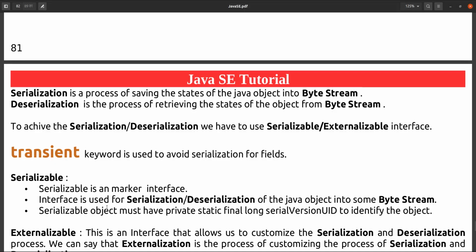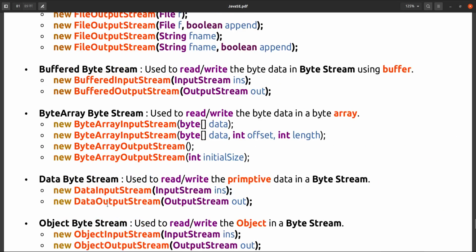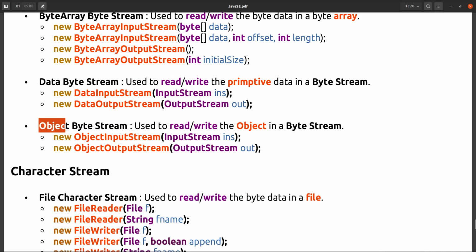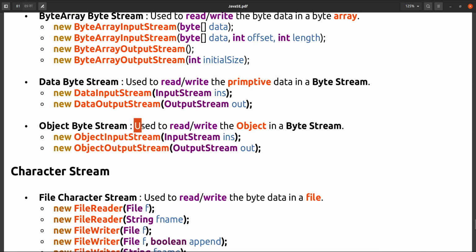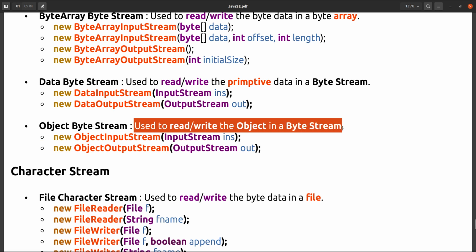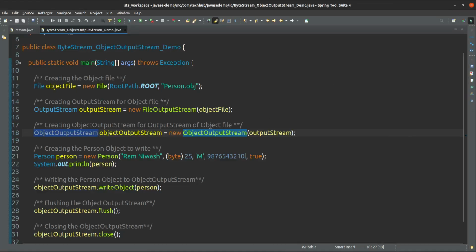If you see this definition also, what is the use of object byte stream? Object input stream and object output stream can be used to read and write the object in a byte stream. Suppose I want to write this object into a byte stream. How is it possible?